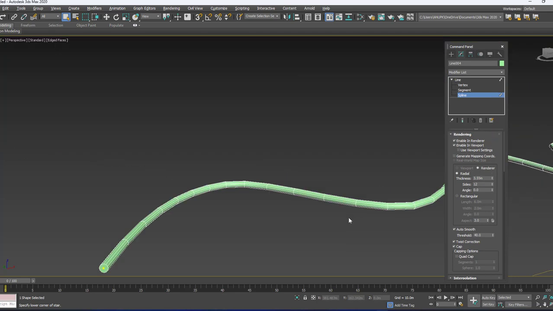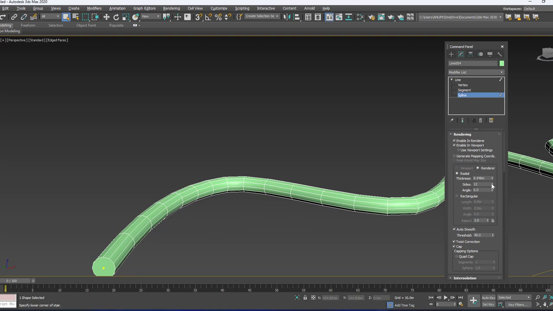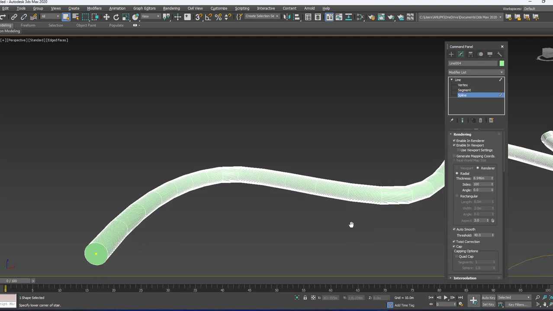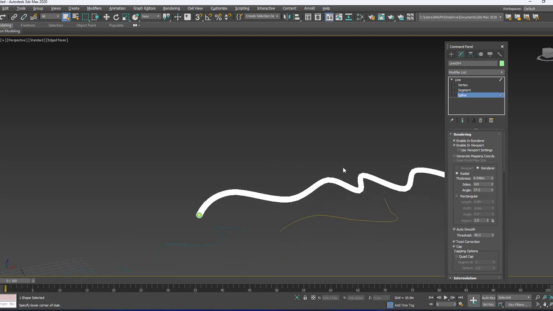This is how you can change thickness. And then sides, if I increase the sides, then I get extra smoothness to that spline. And then angle, you can change a little, that is the bending angle. So this way you can do the creation.